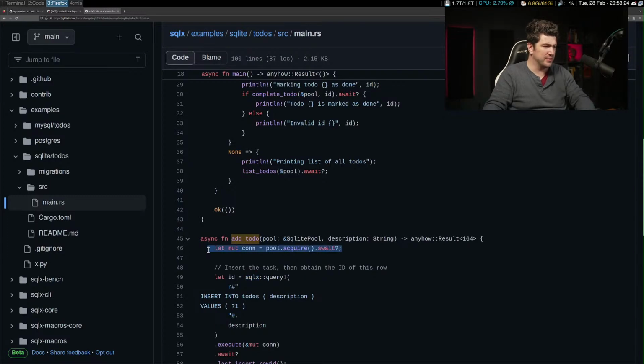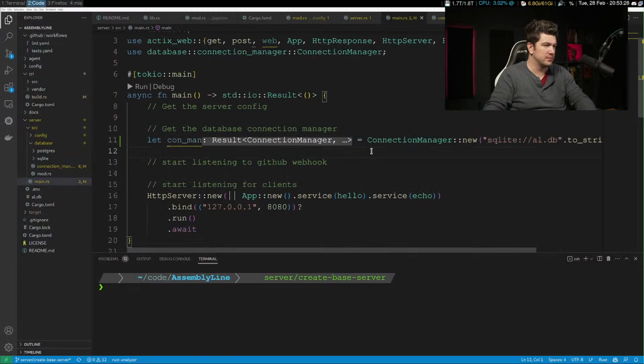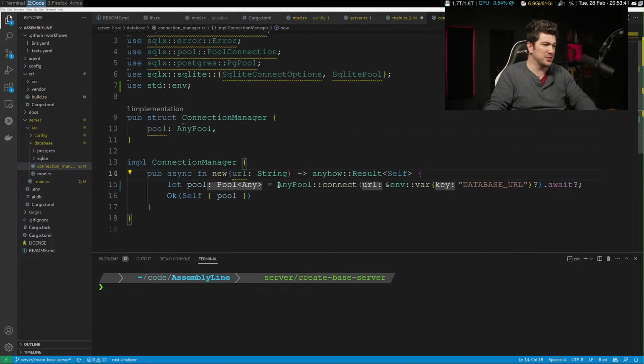So let's just try this. Actually, I'm going to delete this. I'm just going to delete it, because I think we'll just do it dirty. I was doing this connection manager because I was doing both, but I think we'll just stop doing that for the time being.